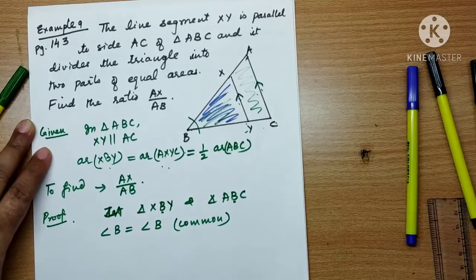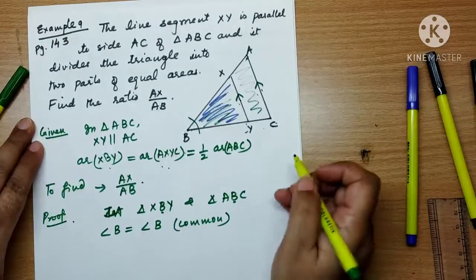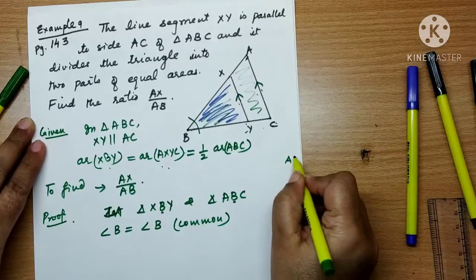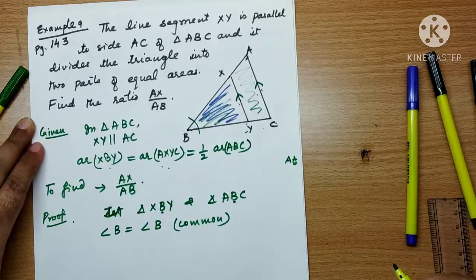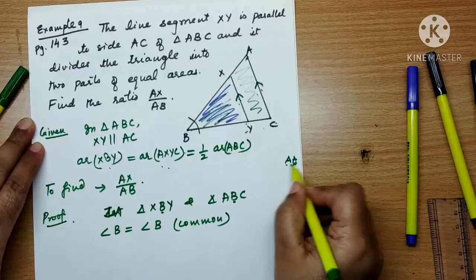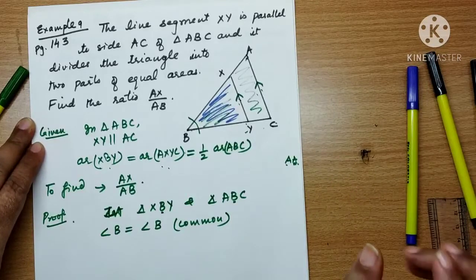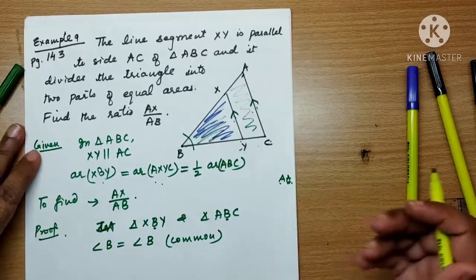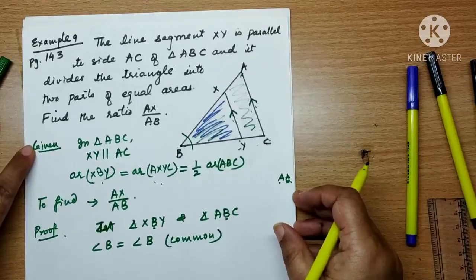Now I could easily find out one of the angles. We know the similarity criteria. If I have one angle A, then the best one is to look for the other angle A. Then AA similarity criteria we can apply. So I'll see if I can look for another angle A. Otherwise we'll look for some other property in order to prove the triangles similar.